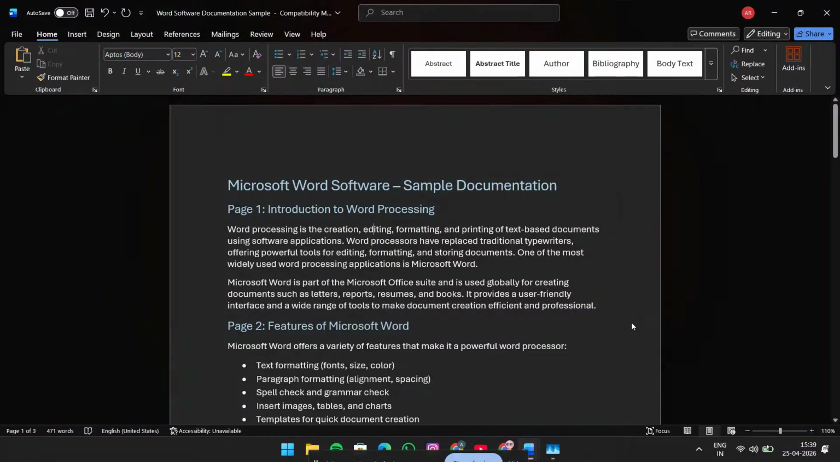If you've ever needed to format references, citations, bibliographies, or any list that needs the first line to stay put while the rest of the paragraph shifts over, hanging indents in Microsoft Word are exactly what you need. In this video, I'll show you a simple step-by-step method to create hanging indents in Word so your document looks